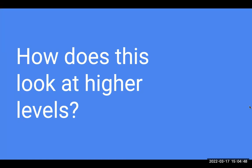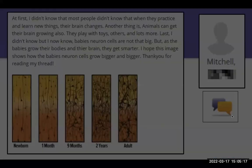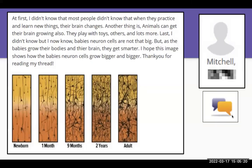So we still went through the same process of deciding, we're going to introduce the framework through the school-wide learning outcomes. We're going to talk about brain plasticity. We're going to introduce them to the learning networks, using the brains, color coding things. We started off the same with the prompt, and some things were a little different, but not so much, just what would be expected with older learners,